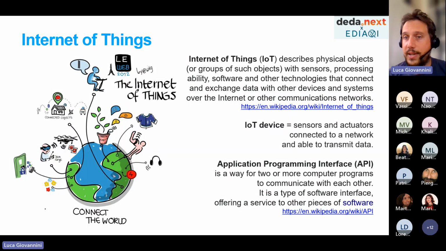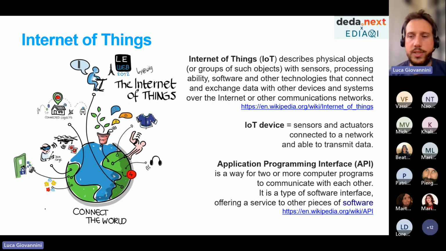What is an IoT device? It's a sensor in a broad sense, meaning that it could be an electronic device measuring temperature, but it could be a mechanical device with, of course, an electronic component that then digitalizes the signal. The point is that it's a measurement and that it is made available digitally.